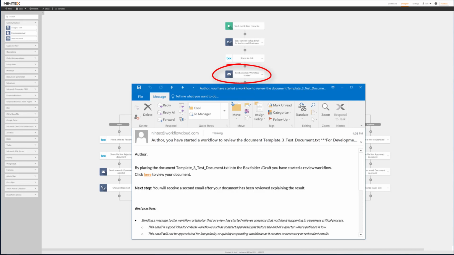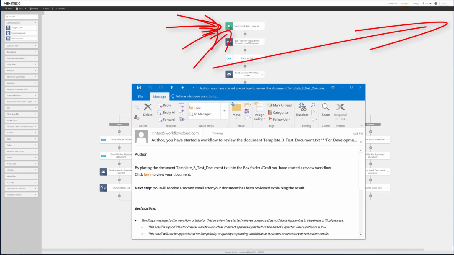This type of announcement is very important for business critical workflows where the originator may not get a response for a couple of hours or even days. Now imagine if this document was a sales contract that had been submitted during the last week in the quarter. Well, how long do you think the seller is going to wait for feedback from the workflow saying that something happened? In the worst case, they'll decide that nothing's happening. They'll drag 3 more copies of that contract in the draft folder before giving up and hand walking a copy over to the reviewer. Well, now you've got 5 approval workflows, 4 automatic and 1 manual, all competing for the